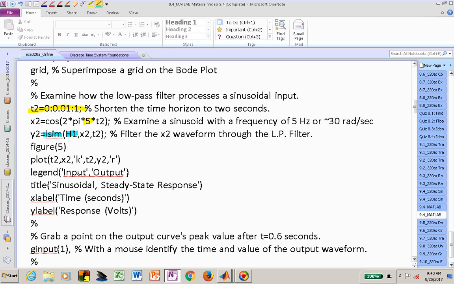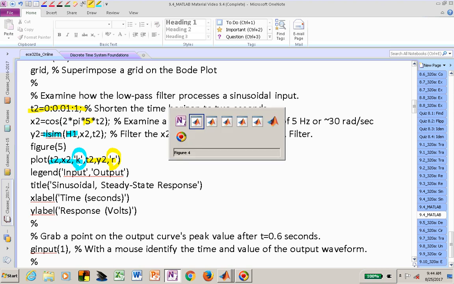And then I'm going to go ahead and plot not only the input, but also the output. The input will be with a black line. That's what this K says. And the output will be in a red curve. And that's now what we want to see